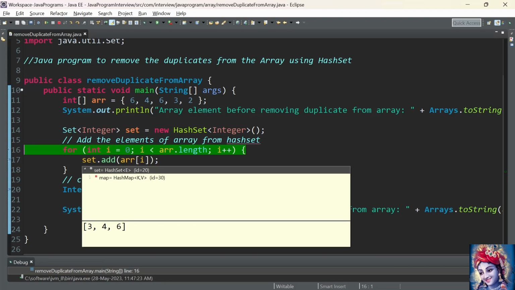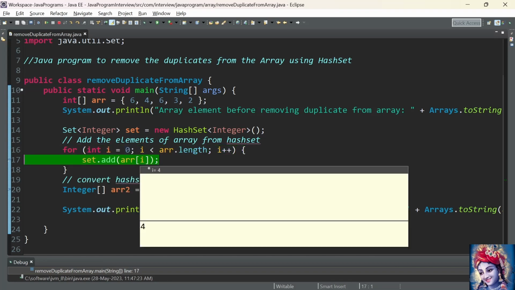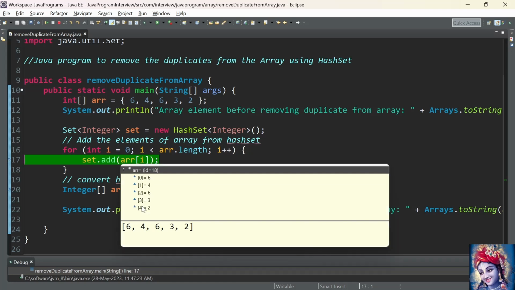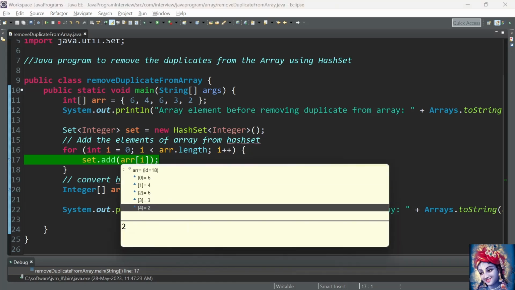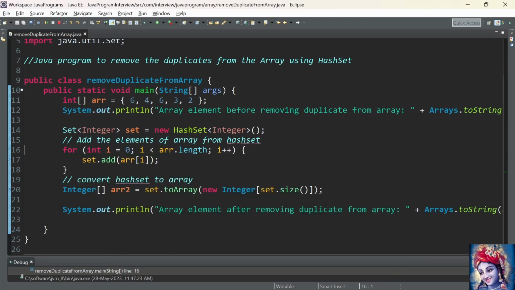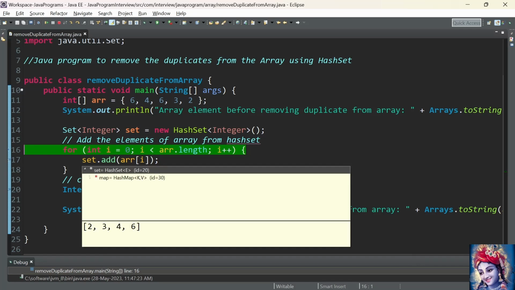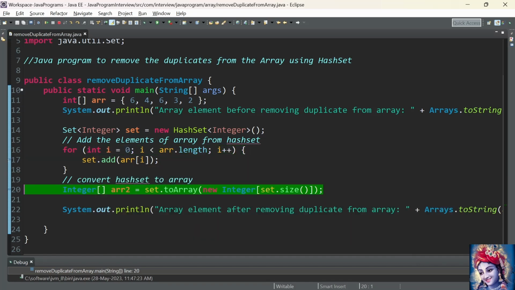Now i is again incremented by 1. i is having the value 4. The value present at index 4 is 2. Now 2 will be added to the HashSet using the add method. Now i is again incremented by 1. i is having the value 5. 5 less than array.length, the condition becomes false. The for loop is terminated and we convert the HashSet to the array using the toArray method,